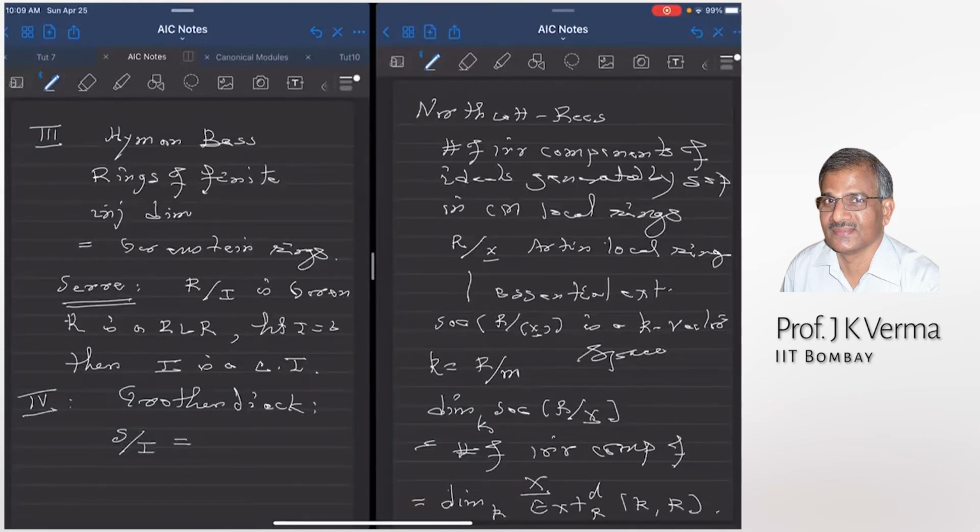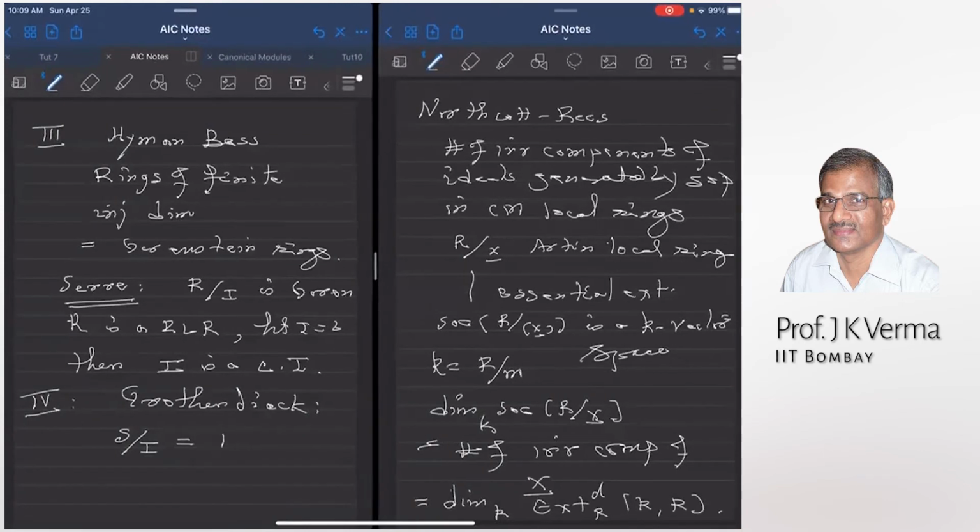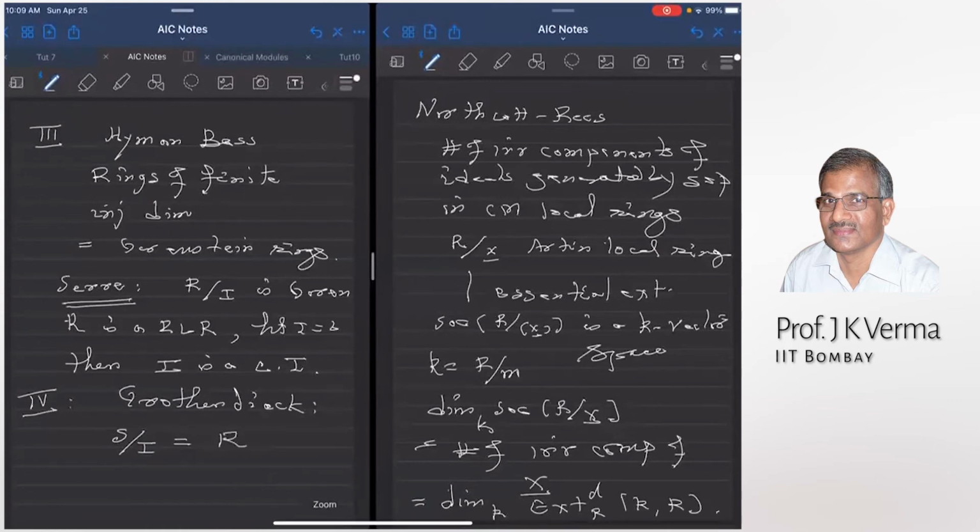In yesterday's lecture of Professor Patil, you have seen he stated, but he will prove, I think, next time, that any complete local ring is a homomorphic image of a regular local ring. And we have seen that